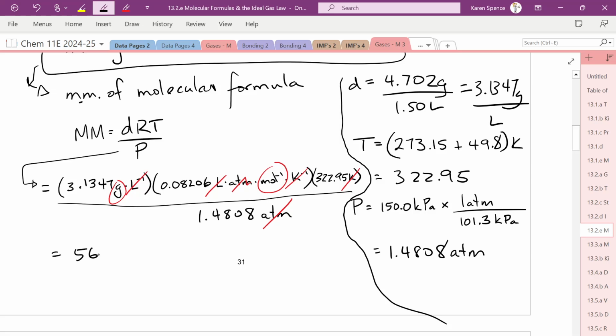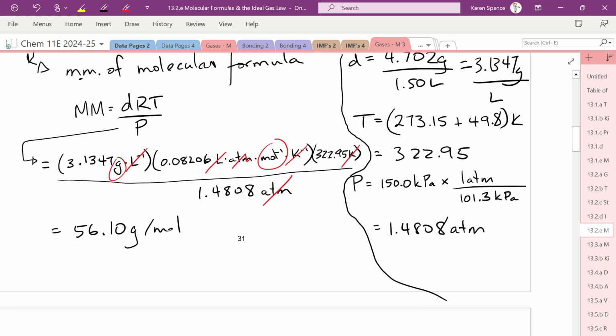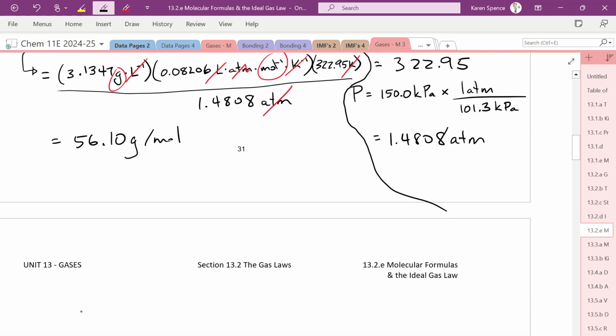I get 56.10. Is that what you guys get? Yeah? Okay, that's grams per mole. And now I've run out of space here, so I'm going to say, okay, I have my multiplier,